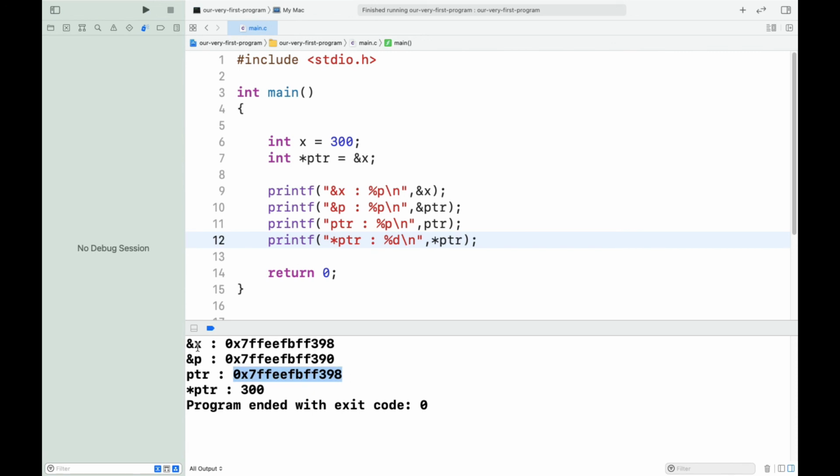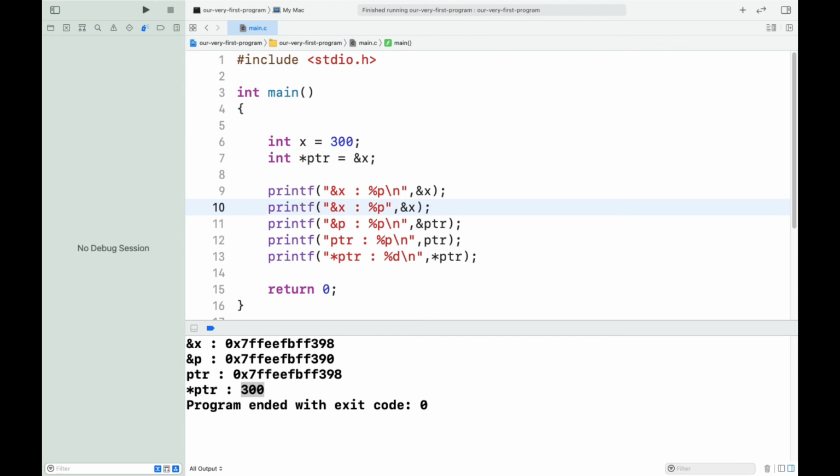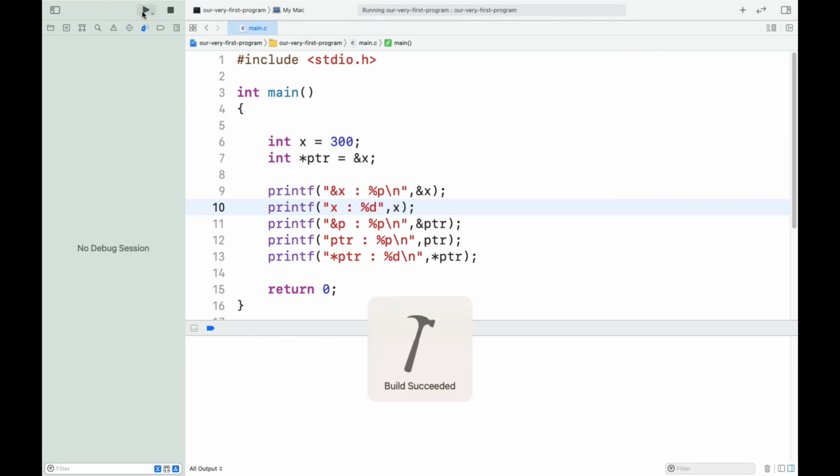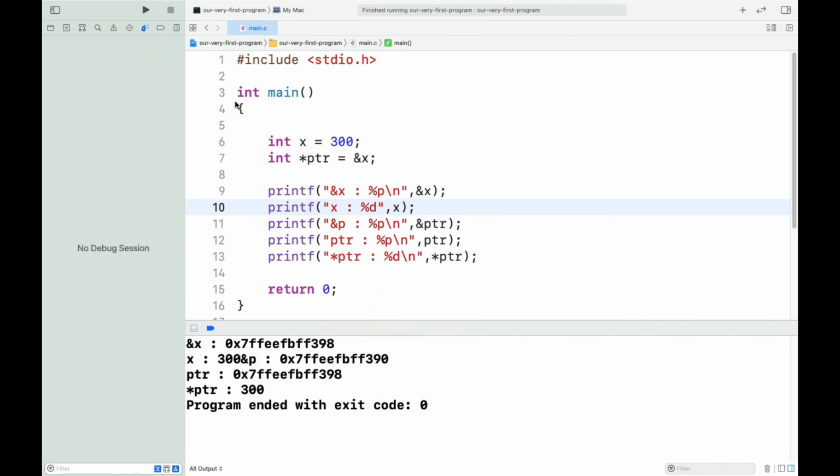It is similar to the address of x only, and the value at ptr, or you can say the value to which ptr is pointing, is 300. Okay, and we can also print the value of x over here, percentage d, and x is storing 300. Okay, new line